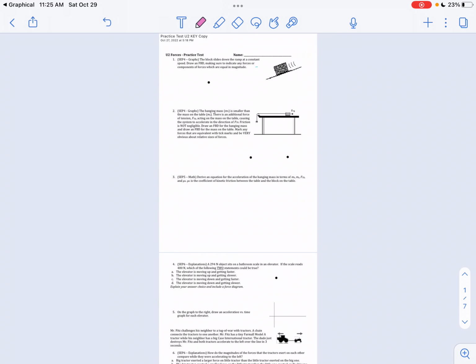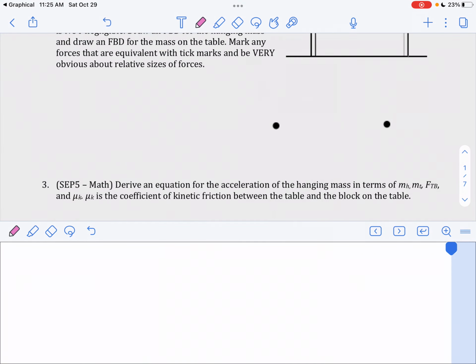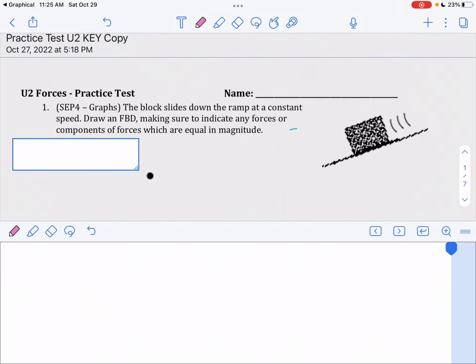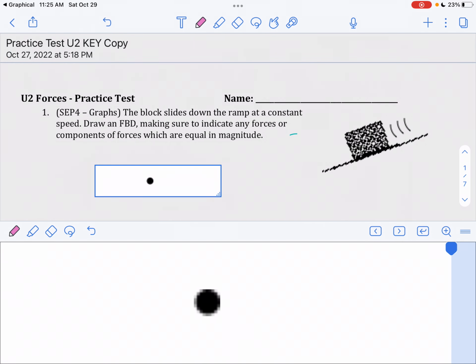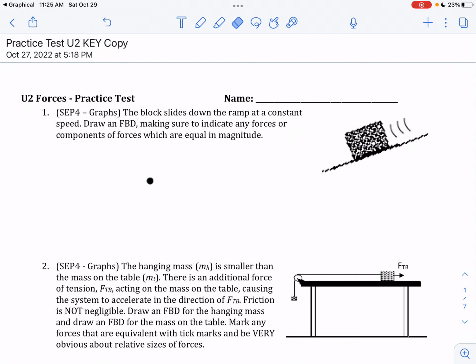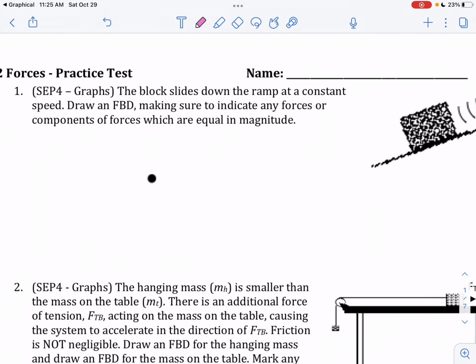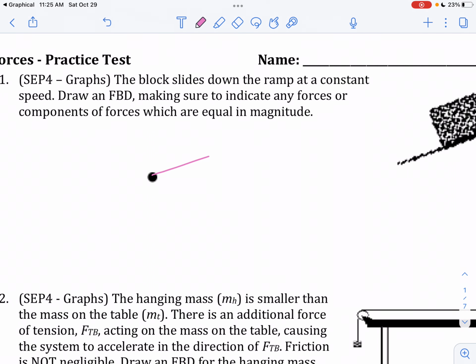All right, hello everyone. I'm going to talk through the problems on the practice test. So this first one is a box or a block that is sliding down the ramp at a constant speed. So I'm going to draw on my ramp,